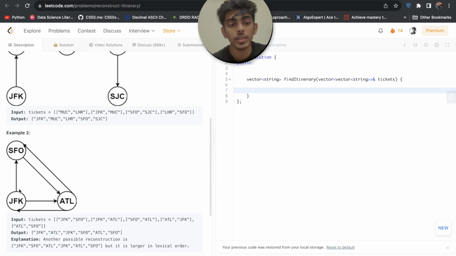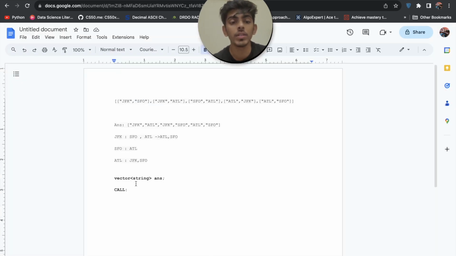So by this we can say that we are going to use DFS, right? So we will call a DFS over here after we have inserted all key value pairs in our map.